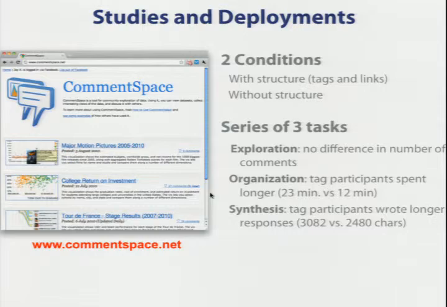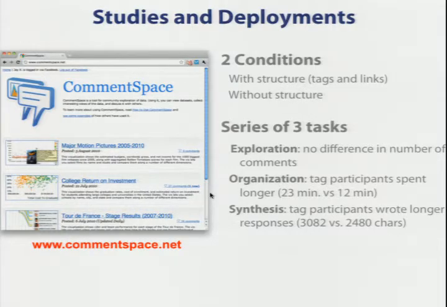In the first task, users explored the data set, interactively went through it, and left comments on it. In that stage, there was no difference between the 2 conditions. In a second stage, we asked participants to look at existing comments and organize them, group them together, figure out chains of evidence, and so on.